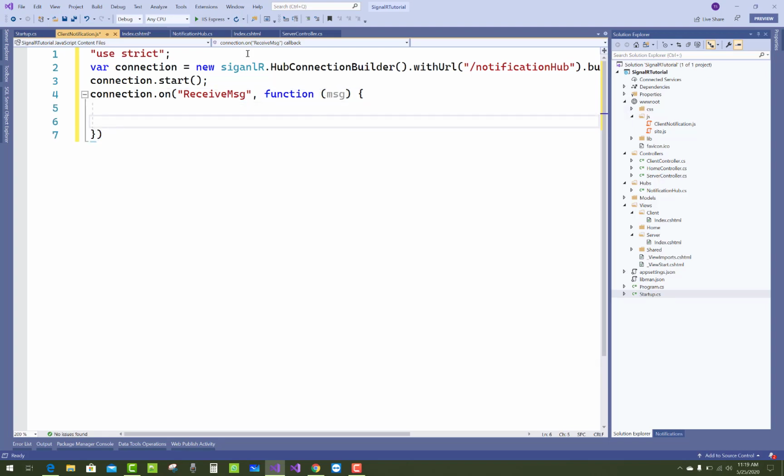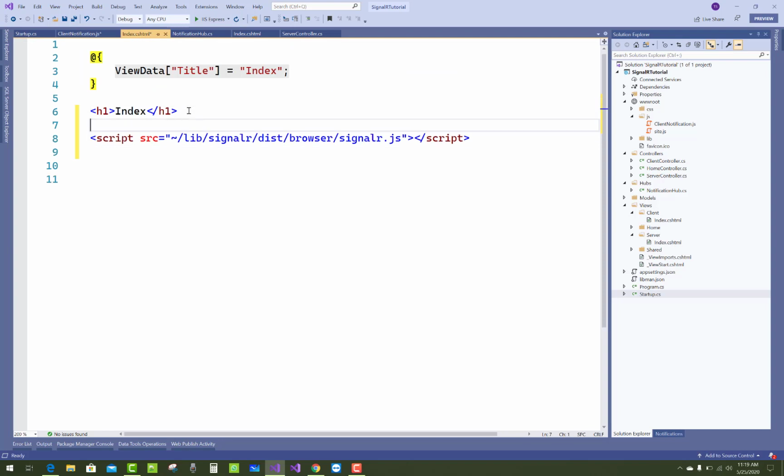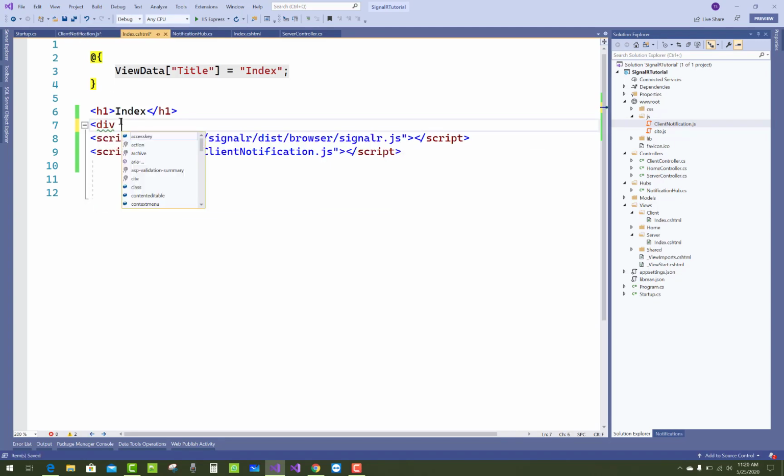And I want to use li, where the list of messages you get from the server. So use li and append it as a child in the client form.